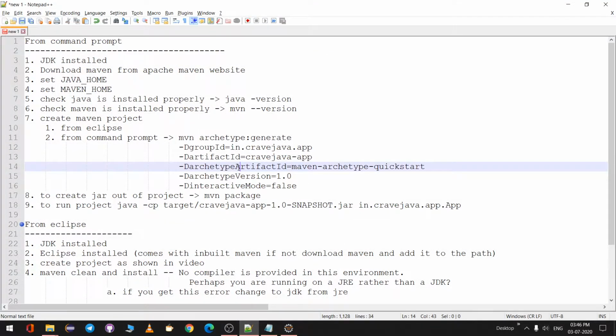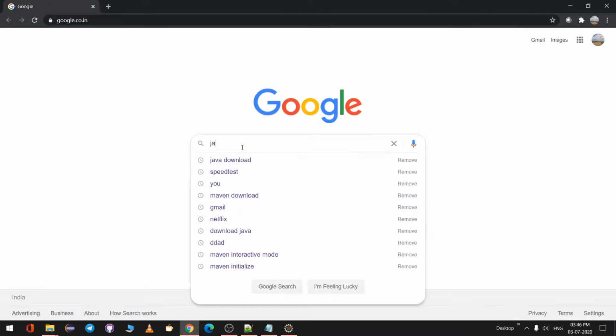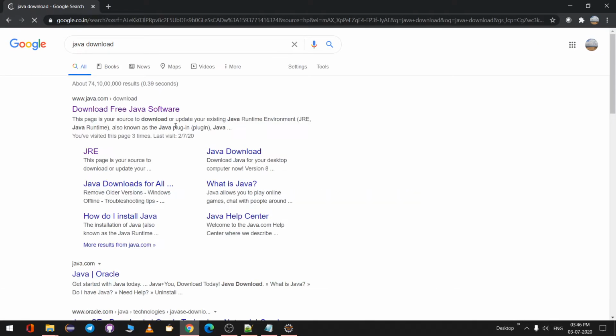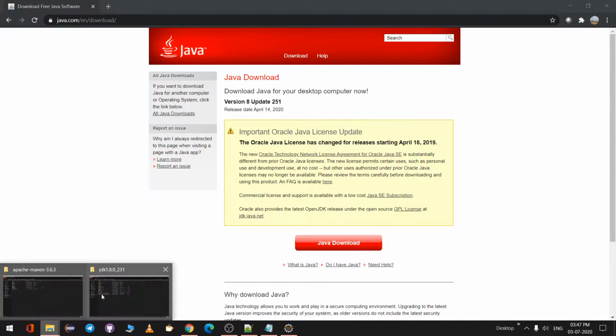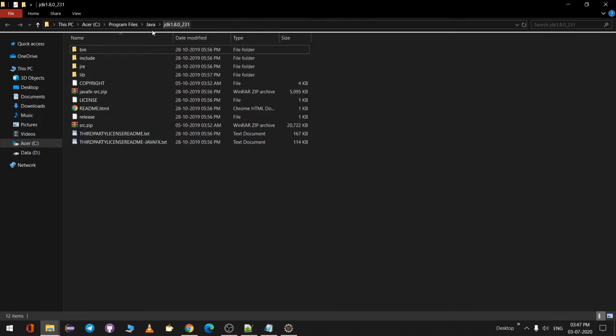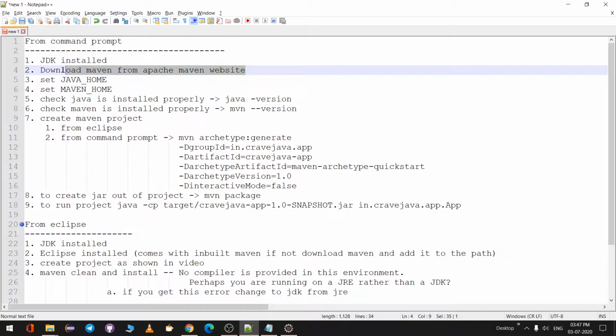So to do that, there are a few softwares that need to be installed in your machine. The first one is JDK. So to download that, go to Google and just type in Java download. So it will take you to the java.com website. From here you can download and install the Java. So I have already pre-installed Java in program files Java and have installed already in my machine. So here is the path, and this first step is covered, and we'll go back to the next step,